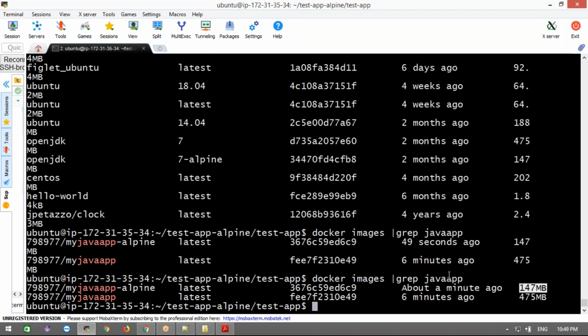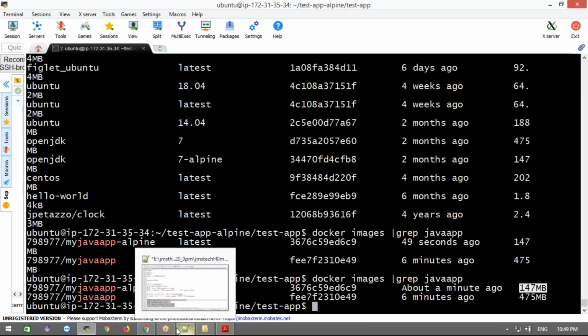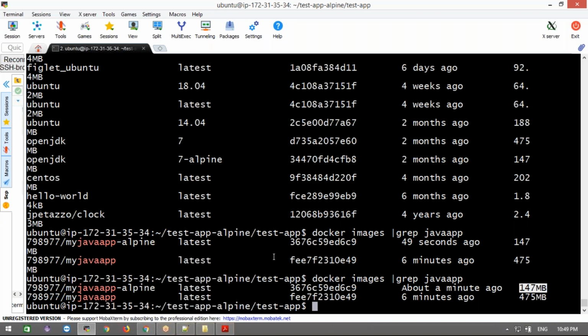How? That is the base image whatever we selected, right? We need to select a very lightweight base image. Then only can we reduce our Docker image size. Very important point: in the interview they will also ask how to choose the base image. We need to choose a very lightweight base image. Which lightweight base images are there? Alpine Linux is very lightweight. The latest ones are Scratch and also Slim. But in the market they are using Alpine Linux as the very lightweight base image.